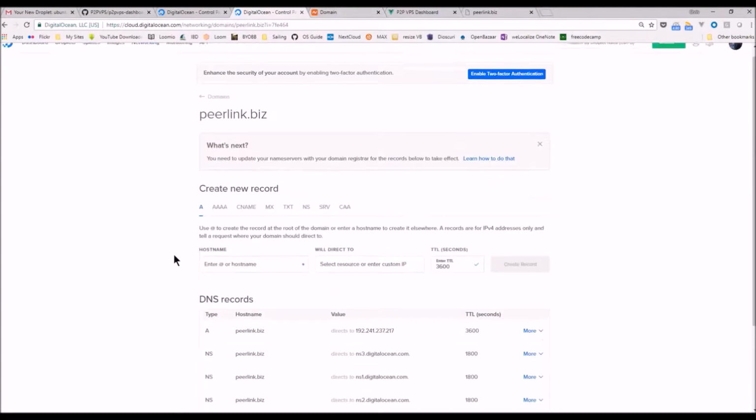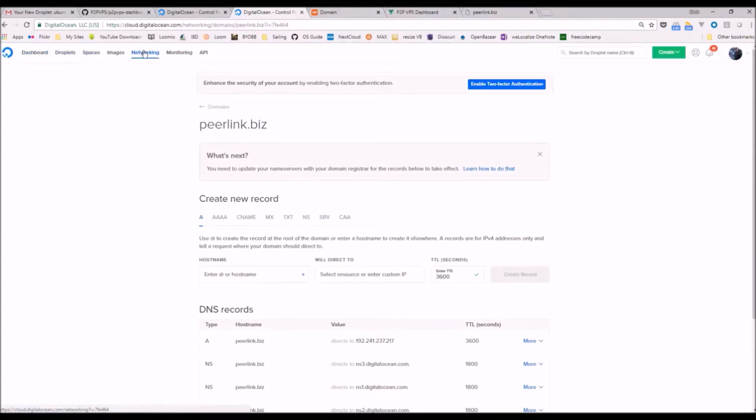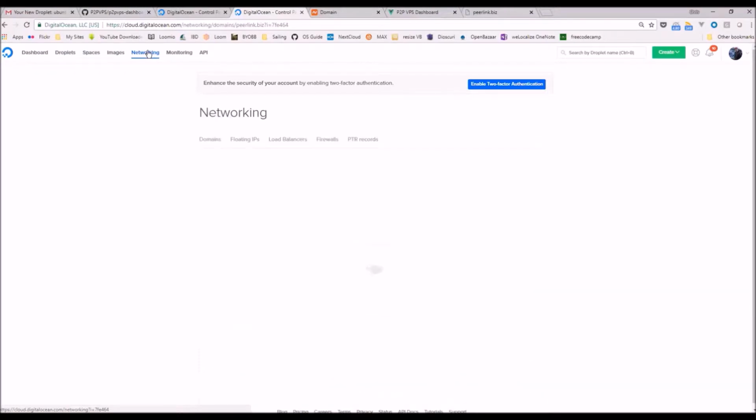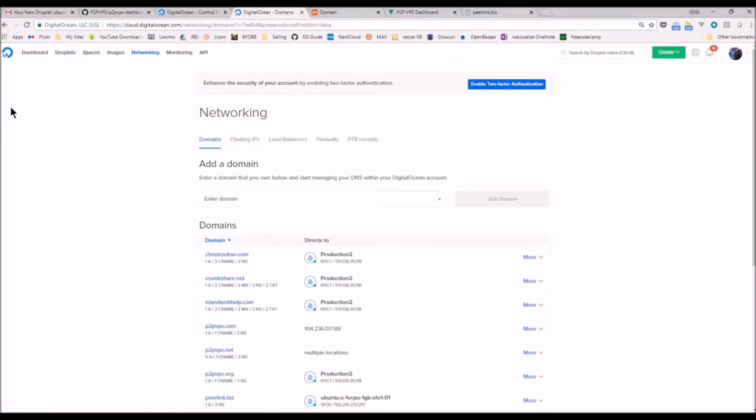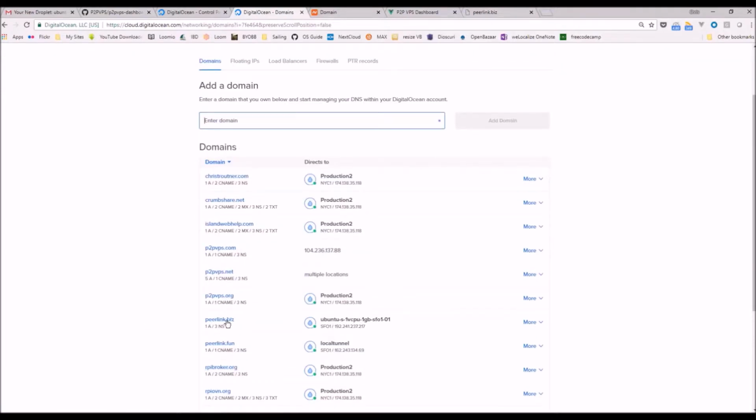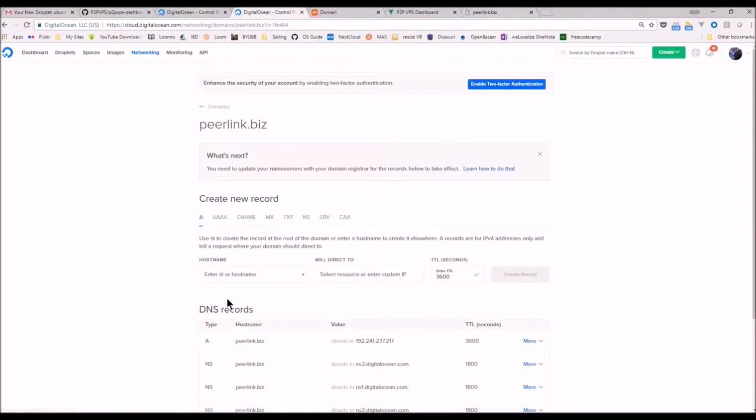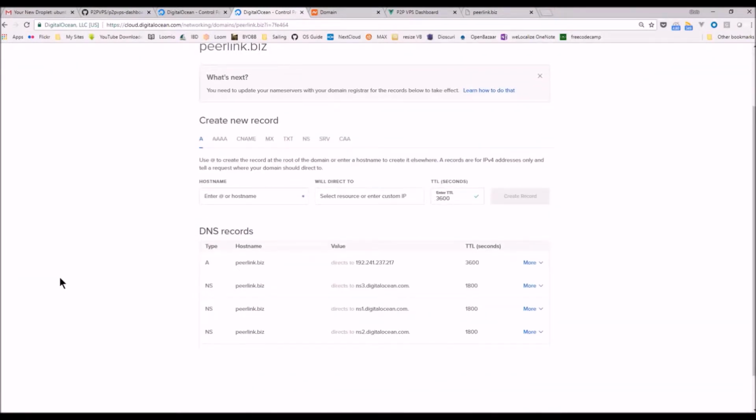And then in DigitalOcean, you're going to go to the networking link here in the menu, and you can see all the domains I have here. And you'll go to add domain. Type your domain in there, add it in. I've already done that, and that's going to take a while. Usually about 20, sometimes up to 24 hours, sometimes up to 48 hours, but usually in a couple hours